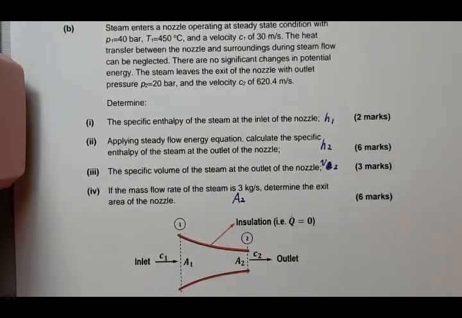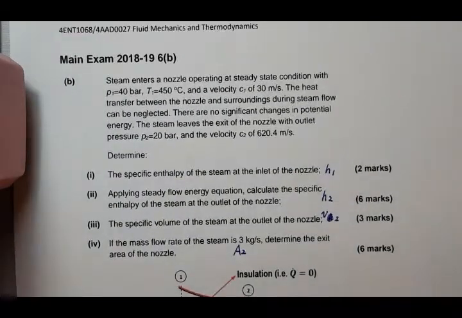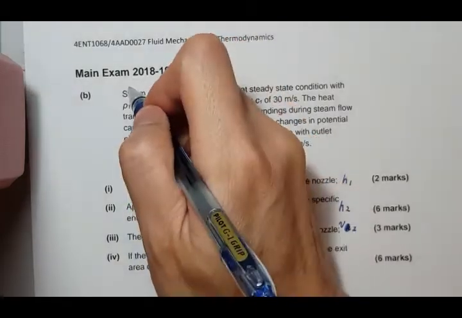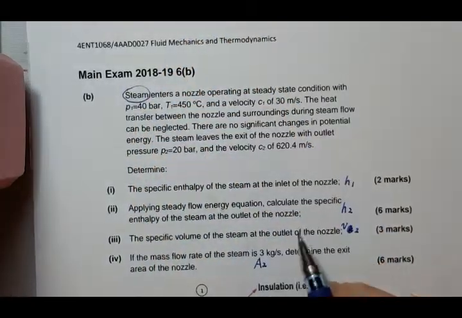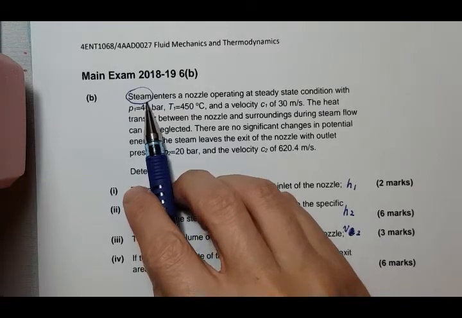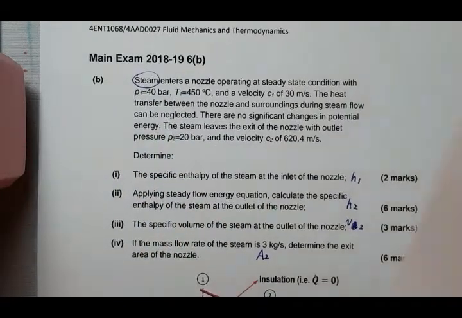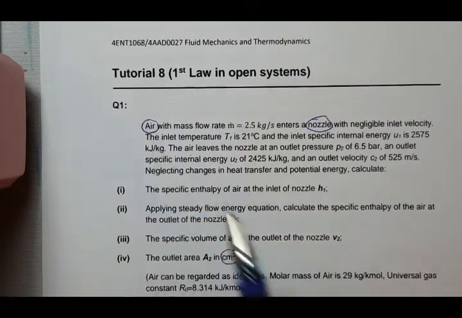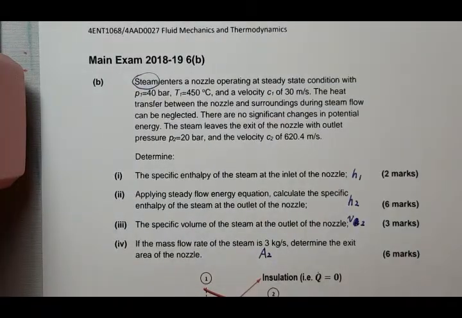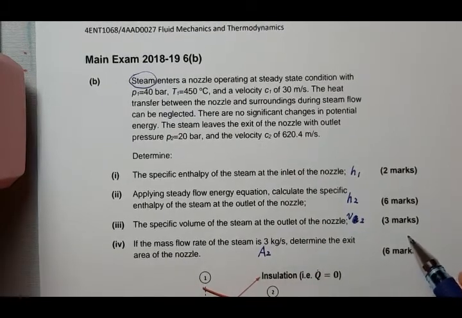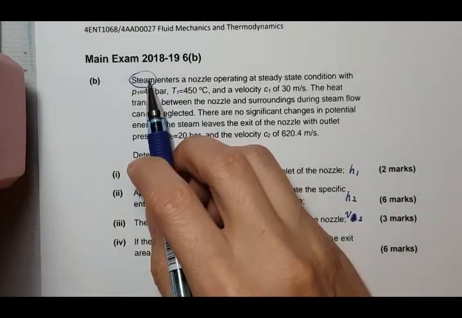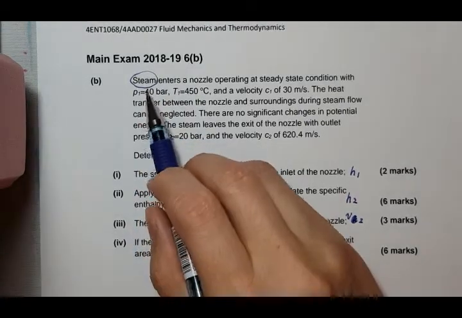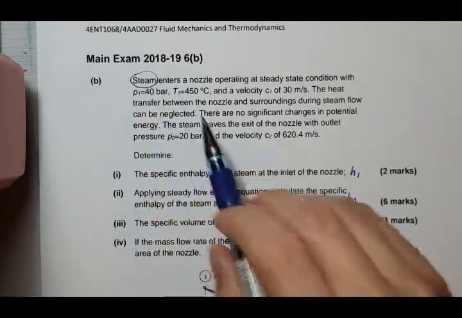So what's the difference here? If I look at the question itself, the first word will tell you what the difference is. For this exam question, it says steam enters a nozzle, and for question 1, it says air. This makes a difference between the working fluids, because steam is not an ideal gas,